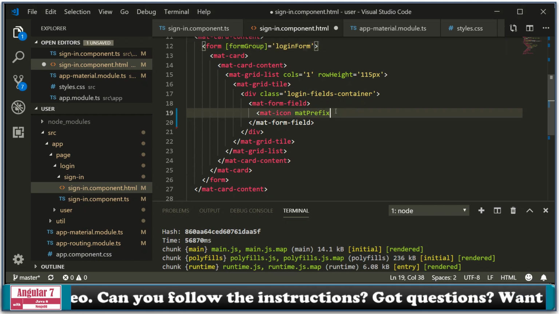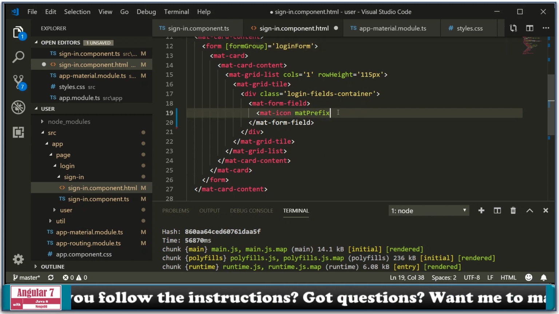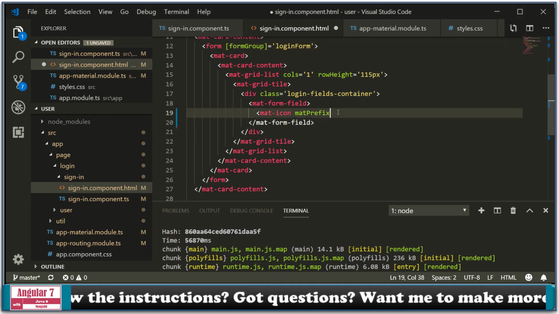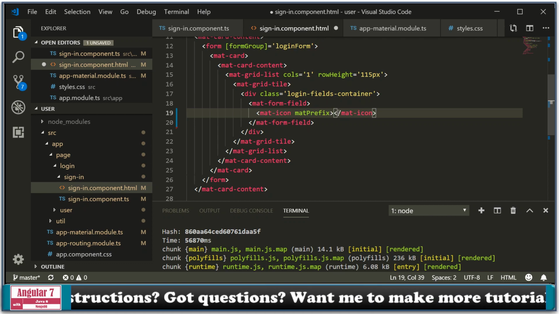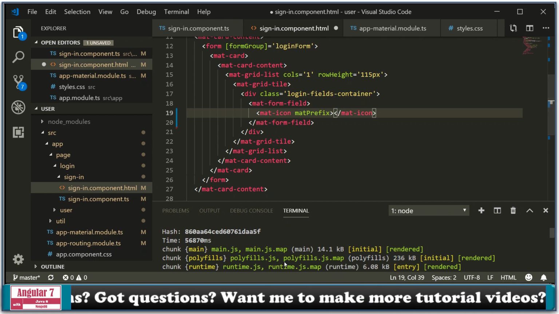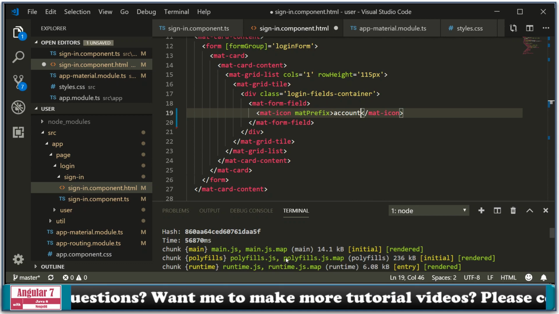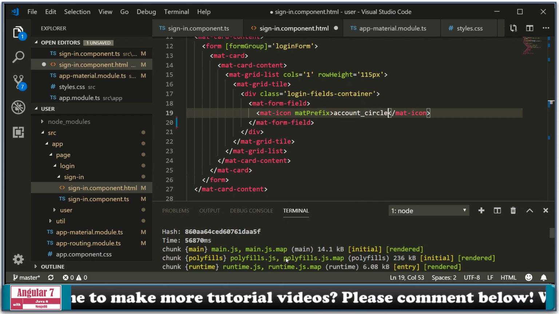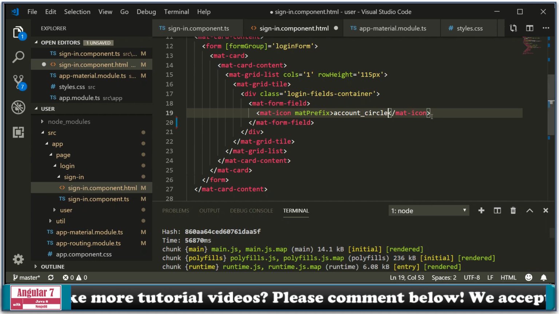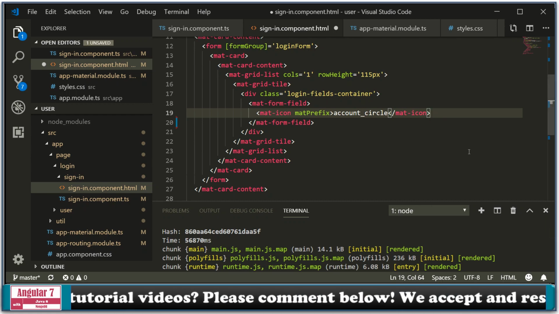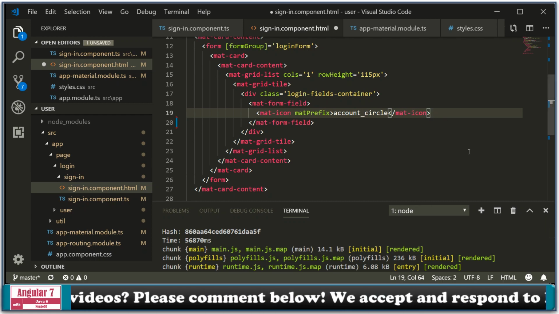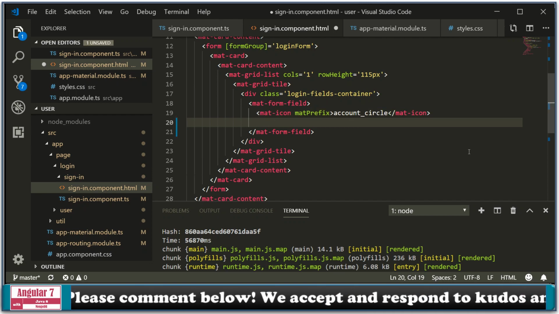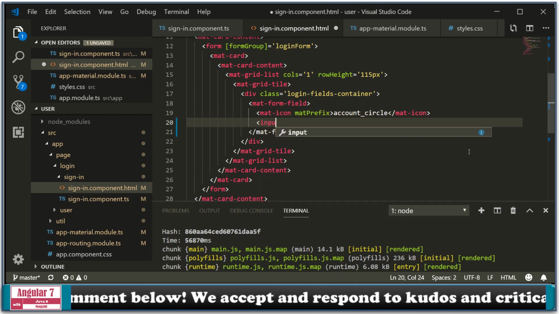And so I'm going to say prefix, and I'm going to do account circle. Again, you can go to Google Angular material icon and you'll see what that is. Account circle. And then I'm going to do input,